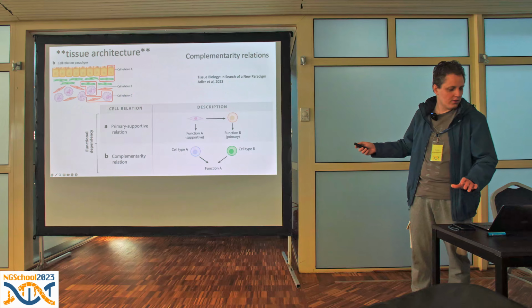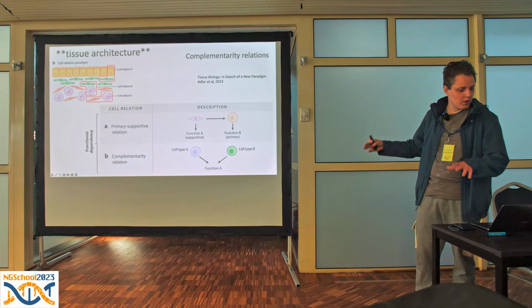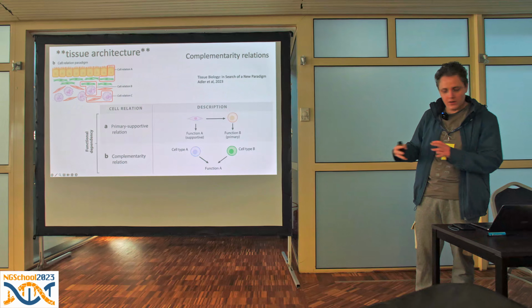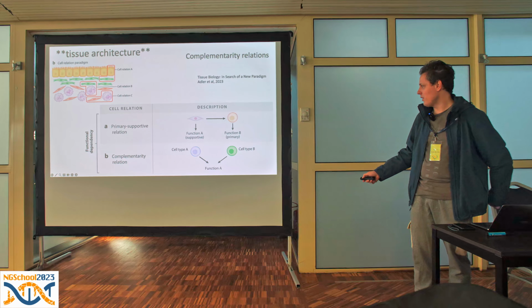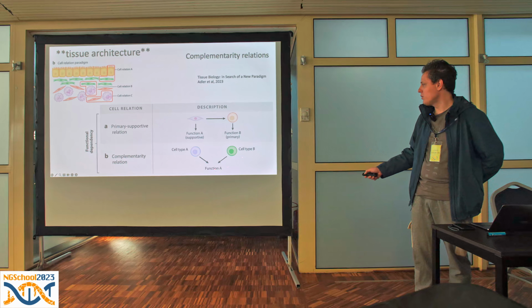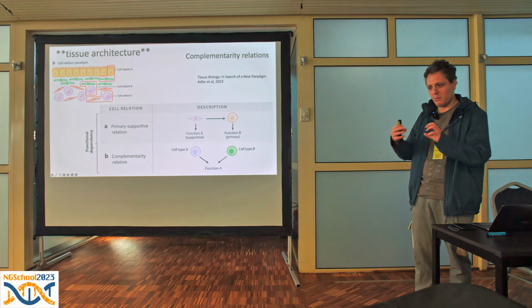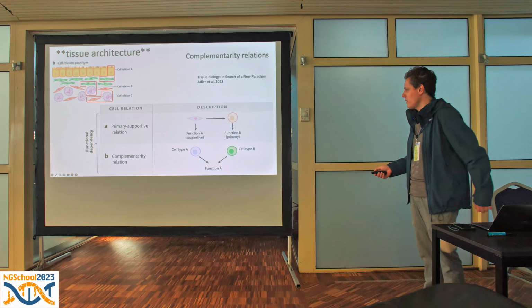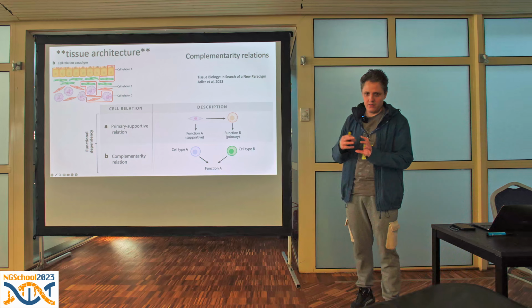And the two cell relations, which I think are critical for thinking about tissue architecture, are in functional dependencies. One is complementarity, so maybe to do some function, you actually need both cell types. And these cell types need to be spatially arranged in the right way. And one of my favorite examples of these mechanisms is liver zonation, where